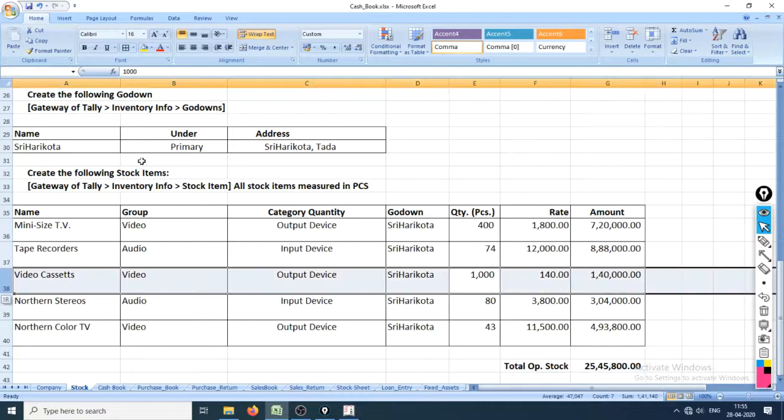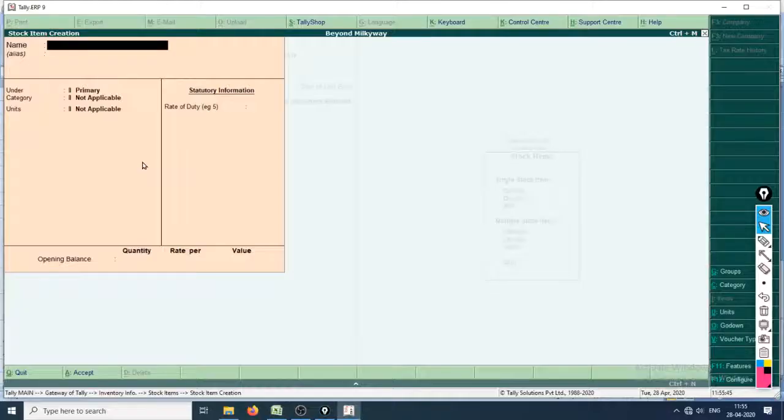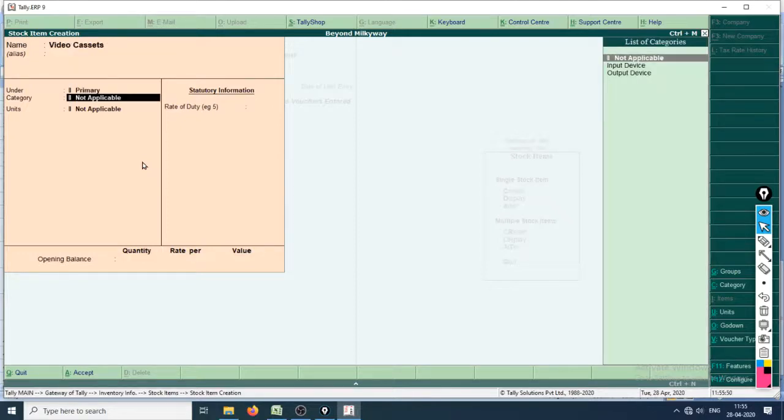Video cassettes, video, output device. Okay, video cassettes. So this is everything that we have in our opening stock. As I skipped the under part, I'll just press Shift plus Tab to go to the previous field.